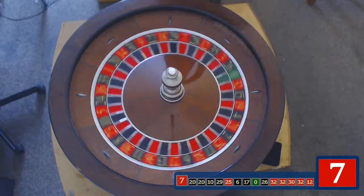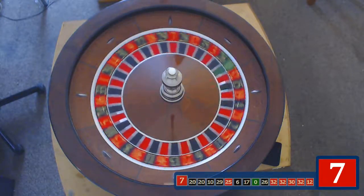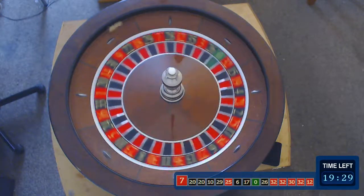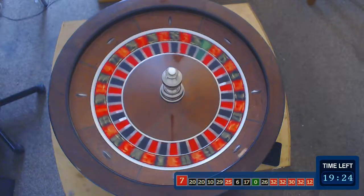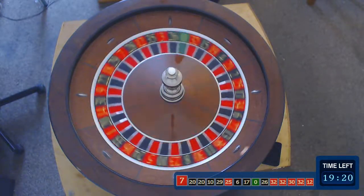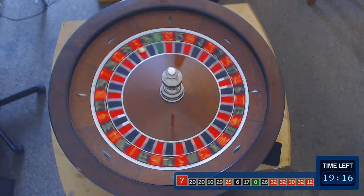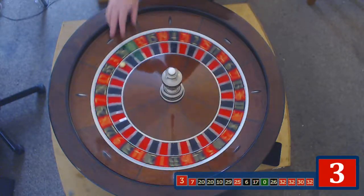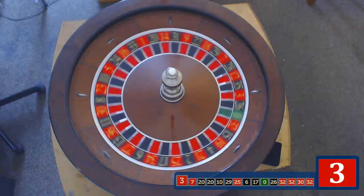Moving on from red number 7 into the next result. I'm still thinking about those magnets. Just doesn't happen. Speed of the wheel, speed of the ball, which canoe it hits, everything like that determines where the ball will fall. It doesn't make sense to fix where the ball's gonna land as we go into number 3. 3 red odd high, red odd low, I beg your pardon, third column, first dozen, part of